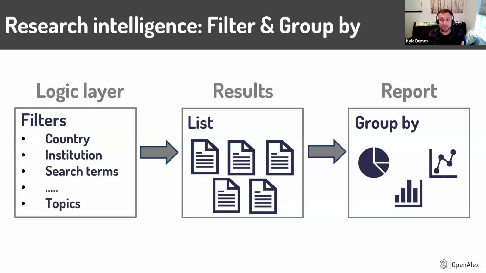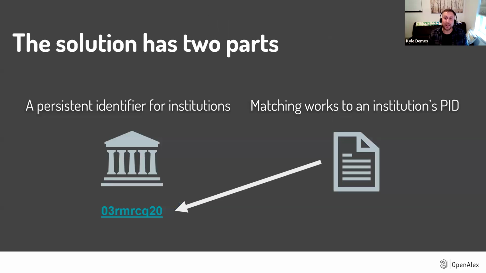And so the really important one we're talking about today is the institution that wrote it. So being able to filter by Simon Fraser University, or create a query that's all of the kelp research, but then group by all of the institutions to figure out which institutions are doing that. And this is the challenge that Amanda and I are tackling together in our organizations as well.